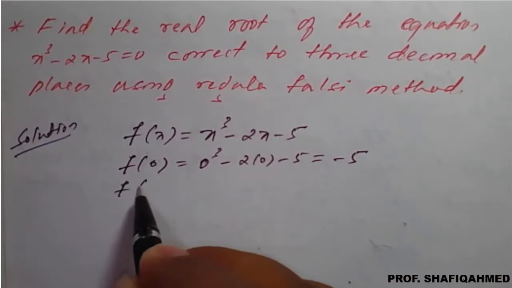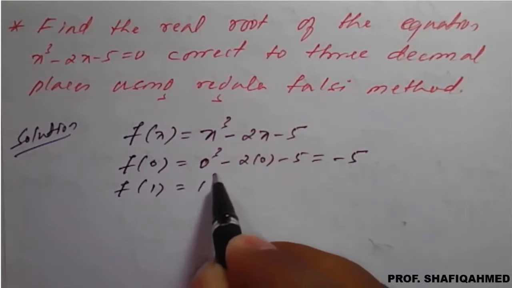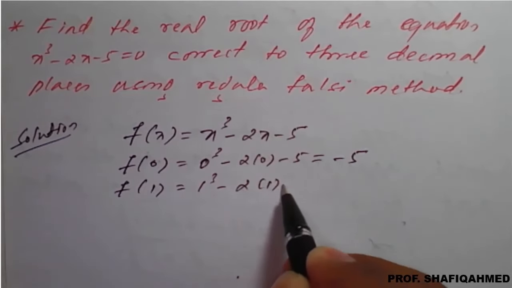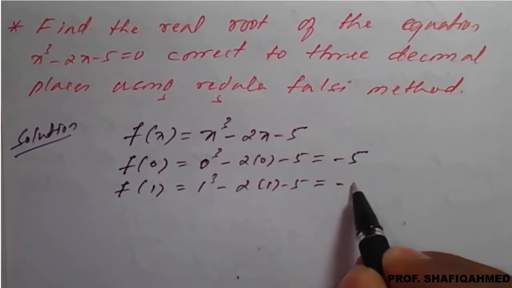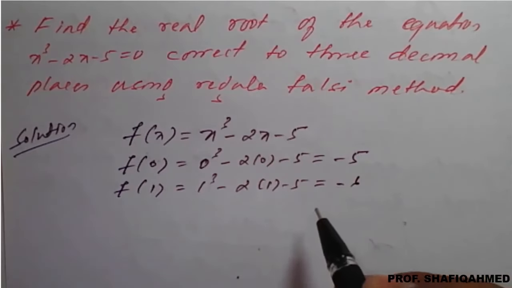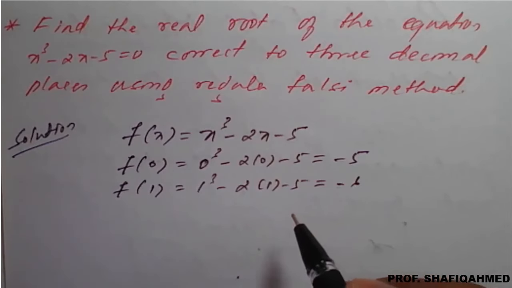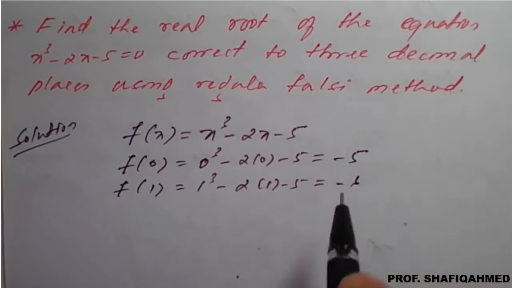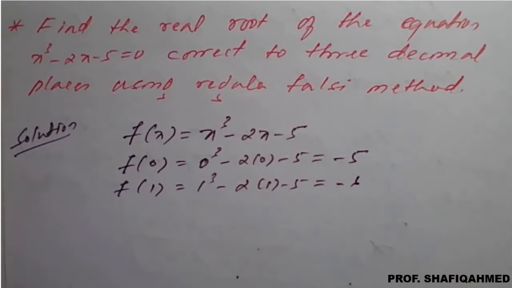So similarly we need to work out for when x is equal to 1. So what happens, 1 cube minus 2 into 1 minus 5, which will be nothing but minus 6. Similarly like that we have to continue till we get one positive answer and one negative. We got negative answers for 0 and 1, so we need to check a few more. That I will show using the calculator now. So you concentrate.